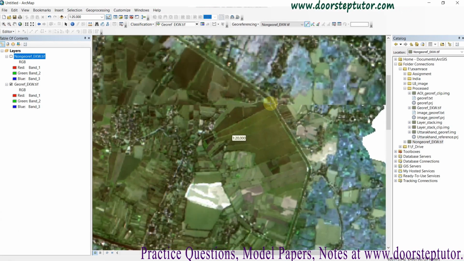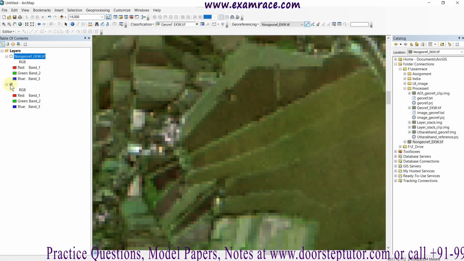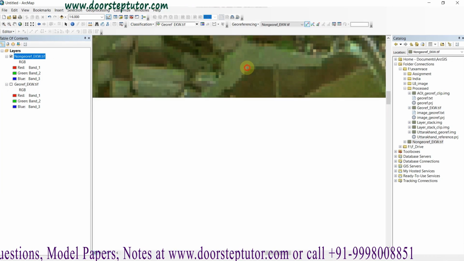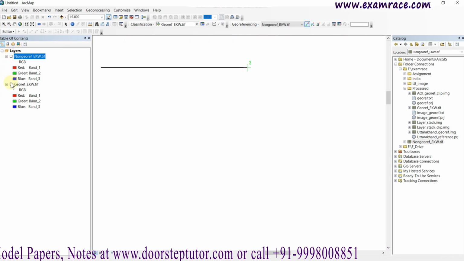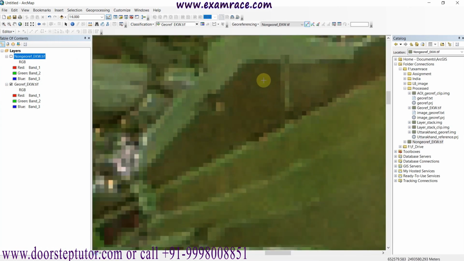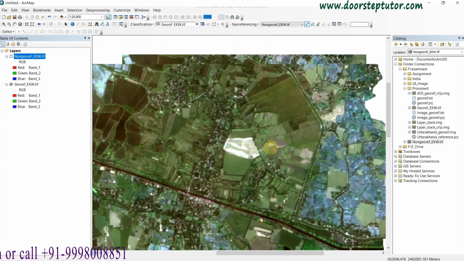The first should be the non-georeference one. Again I am going to click the first point on the non-georeference image and then turn off the image and simply click the georeference image. I took 3 points.